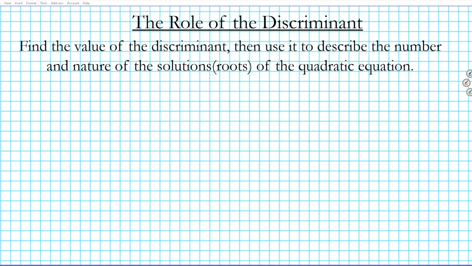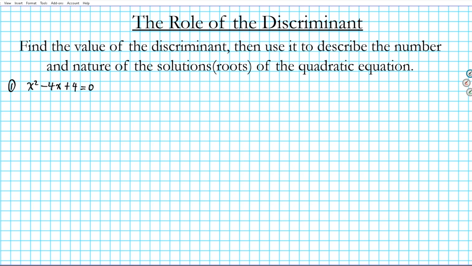All right, so the instructions for the examples we're going to do are for us to find the value of the discriminant, then use it to describe the number and nature of the roots or solutions of the quadratic equation. So don't forget, the solutions to a quadratic equation and the roots of the related graph mean exactly the same thing. All right, so for question number 1, let's say we have the quadratic equation x squared minus 4x plus 4